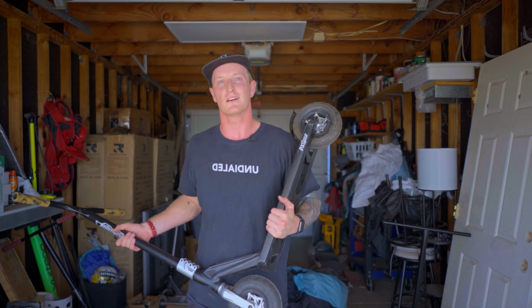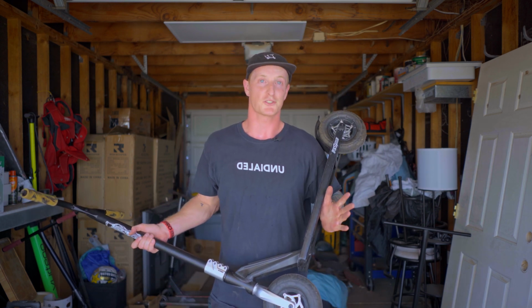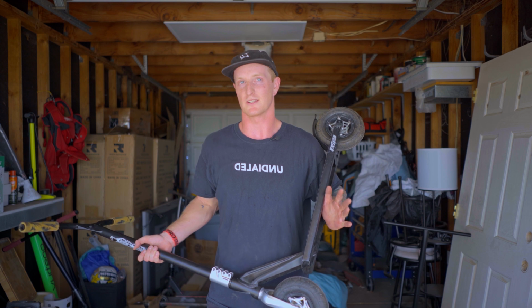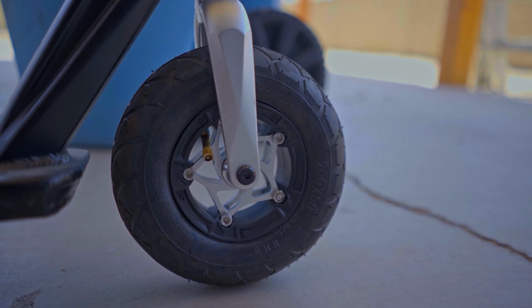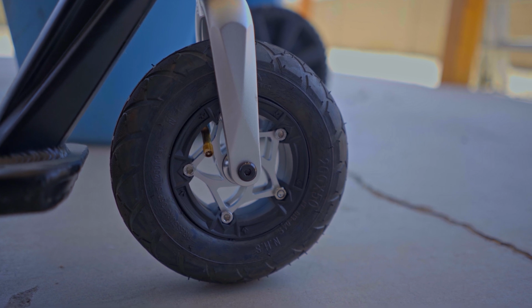Now for a flaw of the NV dirt scooter. Where it is great, it's light, it is a little bit more on the expensive side, the wheels. Just, if they got these wheels down, I think this scooter overall would have been the best one. So the sidewalls are plastic, sadly, and the tires only go to 36 PSI, which